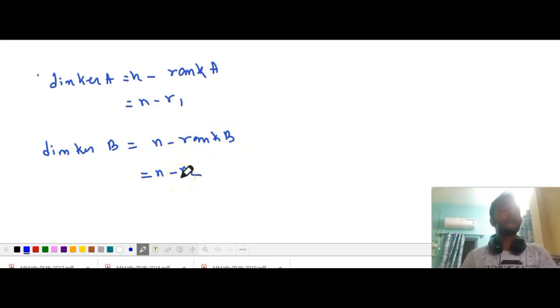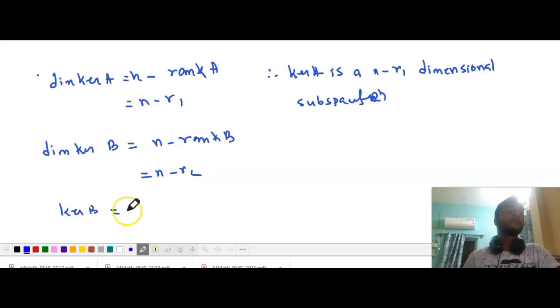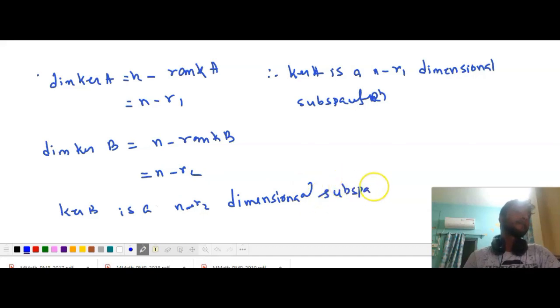So therefore kernel of A is an n minus R1 dimensional subspace of Rn, right? And kernel of B is an n minus R2 dimensional subspace of Rn,